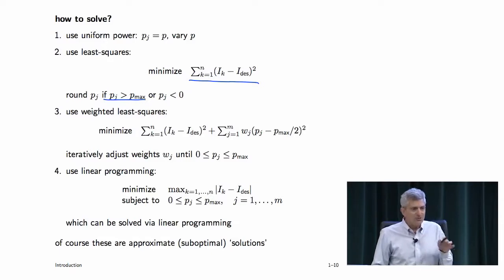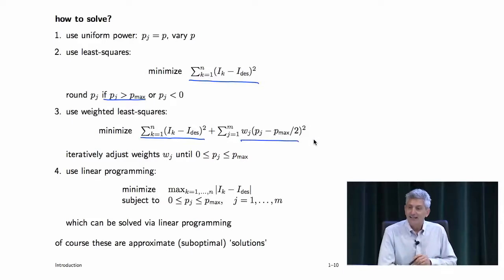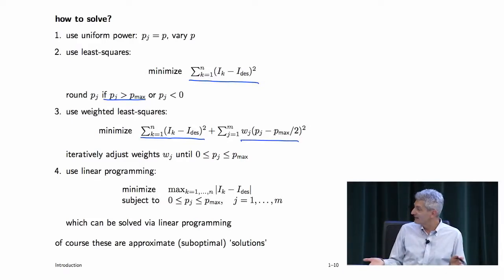But if you want to do something a little more sophisticated, you would then come up with something like this. You'd say, well, I'll keep this here because that's what I really want. It's not what I really want. Sorry. This is already a surrogate for what you really want, which is the minimax percentage error, okay? And you'll add something like this. This is a standard trick in least squares.